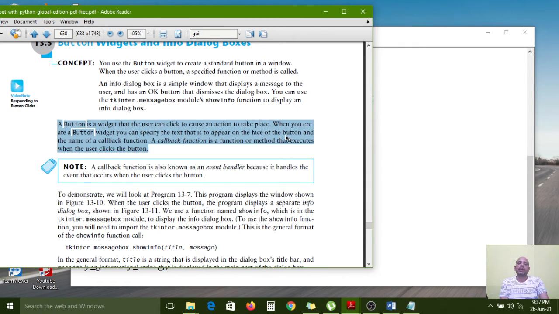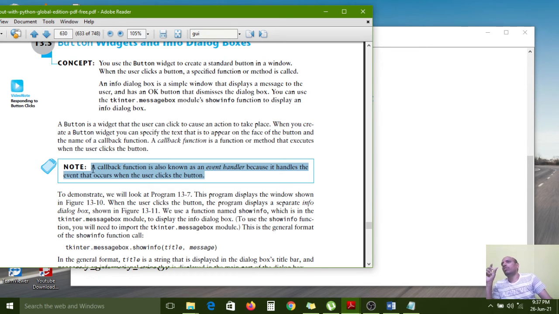And the name of a callback function. A callback function is a function or method that executes when the user clicks the button. Now we have to see the definition of callback function. A callback function is also known as an event handler because it handles the event that occurs when the user clicks the button.